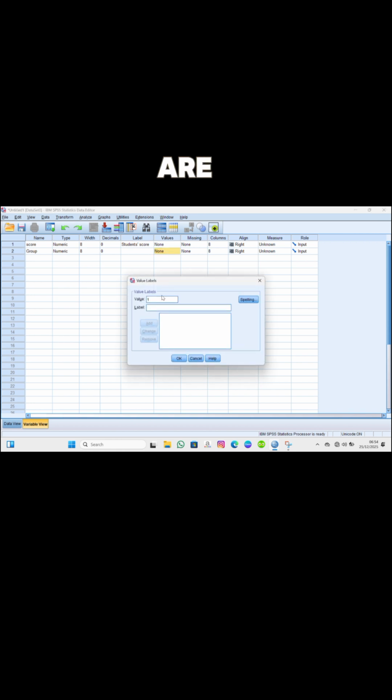So, first, I had to ensure the data was suitable for this test. I assumed the data distribution was normal. Then I tested the homogeneity of the groups using the f-test. This is crucial to determine if the variances between the two groups are equal. The hypotheses for this f-test are: the null hypothesis is that the variances are equal, and the alternative hypothesis is that the variances are not equal. To run the t-test in SPSS, I followed these procedures.